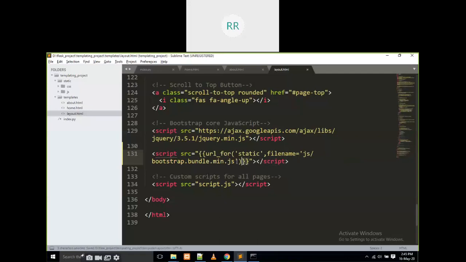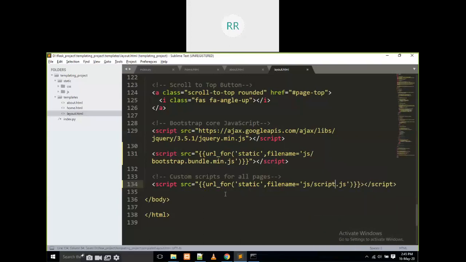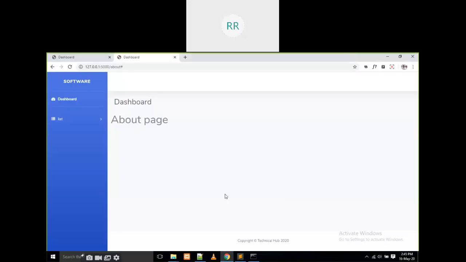Yes, the same thing I'm going to copy for the script.js file. If I execute it and click on this one, the drop down menu is coming. That means we are going to change the HTML page into a Python template, the Flask template.